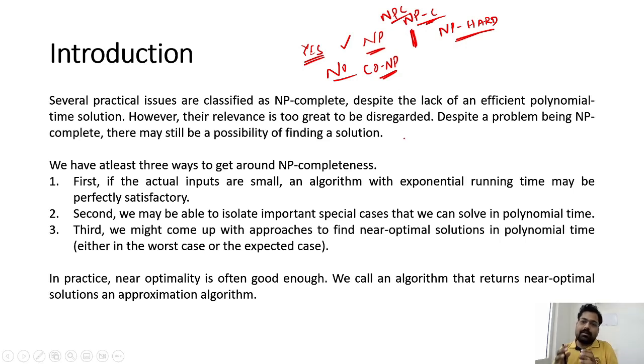Certain problems are NP complete, as we have already covered during reducibility. Those who are new, again I'm telling you, please watch the previous videos related to the reductions and everything. So basically this content on approximation as well as other contents I am collecting from the Cormen book,